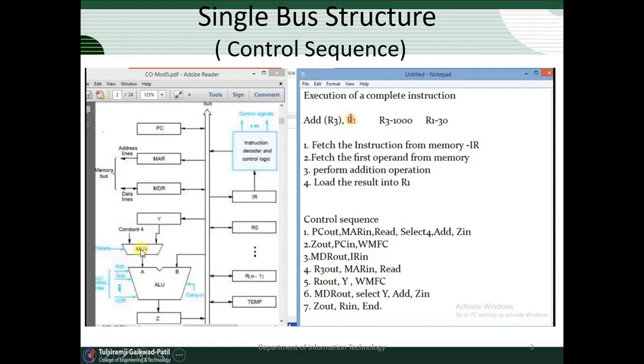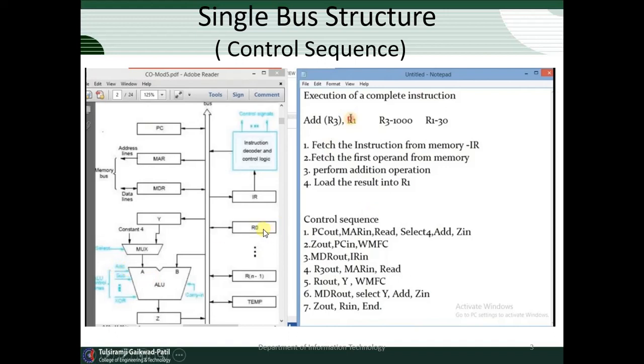The mux has two inputs: one is the constant 4, and the second comes directly from the bus through Y. That mux output is given to the arithmetic and logic unit, where we perform additions, multiplications or different types of operations. It has two inputs, A and B. We observe the output on Z and put it on the bus.